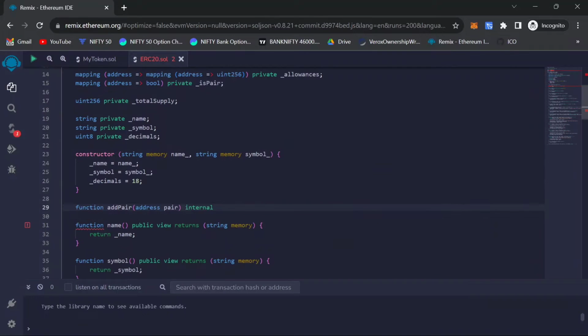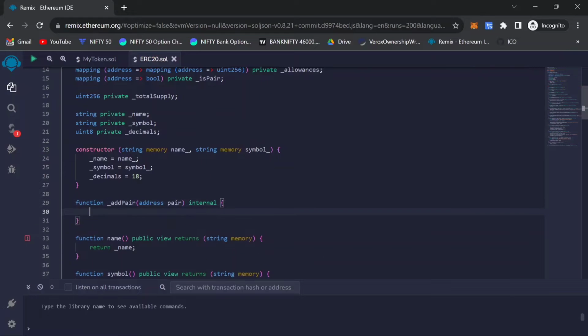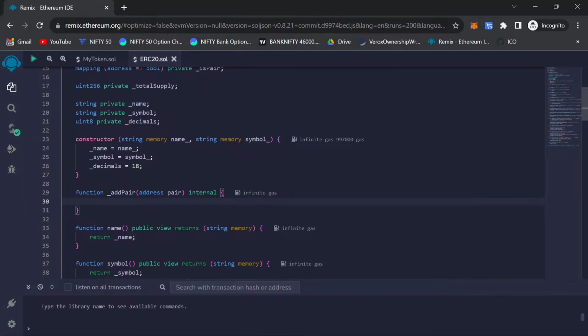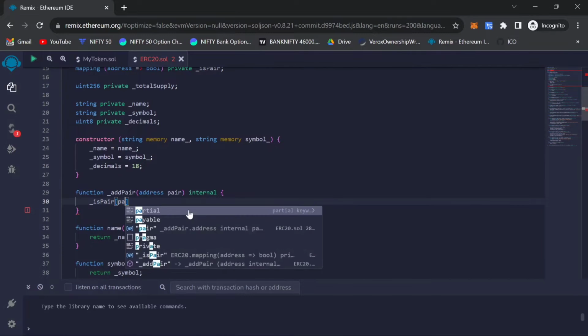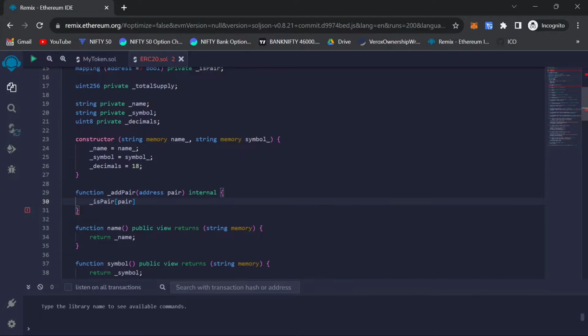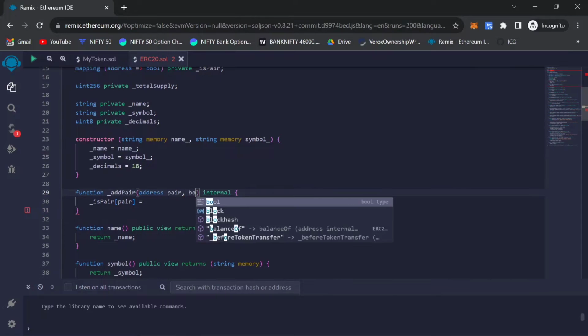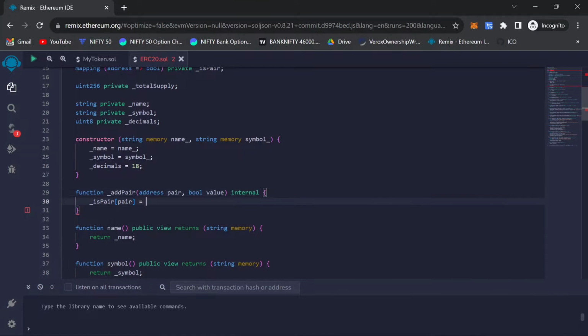So here we will add a function to call this function. We give it as this add pair internal, and then we write here is pair, and the pair address equal to true. Okay, so we need one more variable here, bool value. So this value will be,